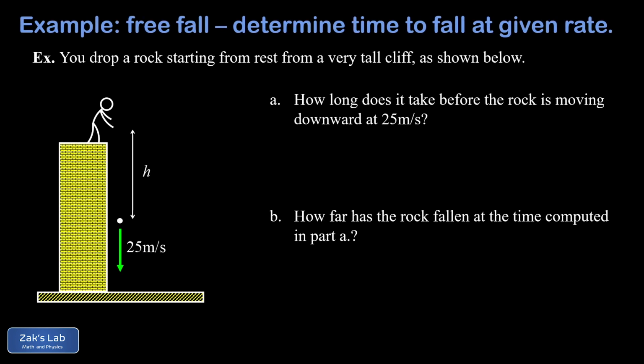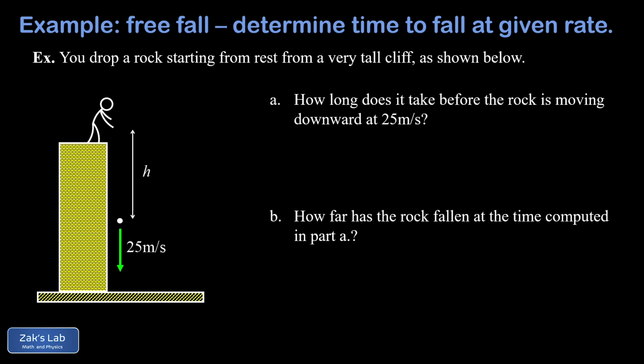In this video, we're analyzing a vertical free fall problem. So we're told that we drop a rock starting from rest at the top of a very tall cliff, and we're interested in finding out how long it takes before that rock is moving 25 meters per second downward. In the follow-up question, we're going to find out how far the rock has fallen by the time it gets